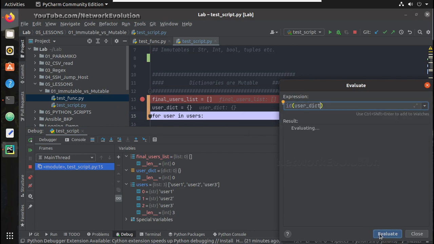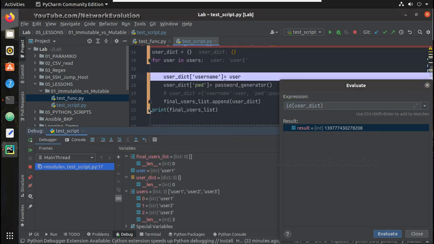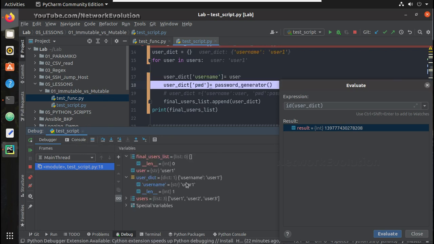User dictionary, and ID is 8208. And it appends the username to the dictionary and user dictionary. Username has been appended here.